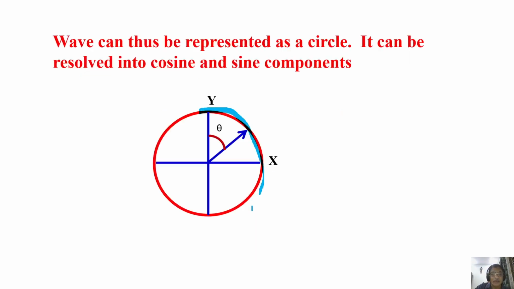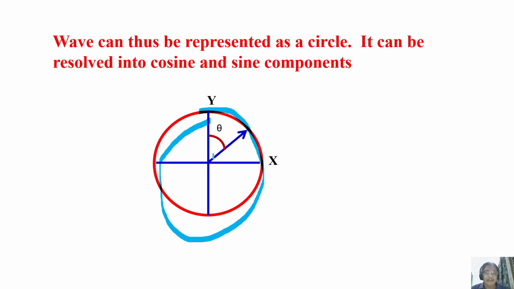That means you can represent this oscillating wave as a circle, right? That's what we said in the conceptual understanding. The maximum amplitude is here for theta equal to 0. When theta is equal to pi by 2, 90 degrees, the y component is 0, but it is along the x-axis. Then y equal to minus 1 along the minus y-axis, then again 0 at 270, it is minus x, and go back. So I am representing the wave in the form of a circle.